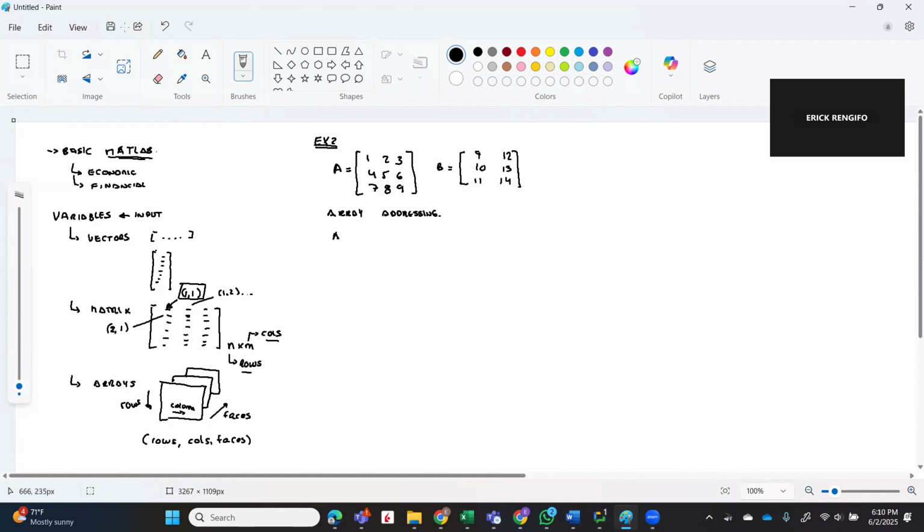Okay, so I want you to find A1. I want it to be this part here. I want A2 to be only